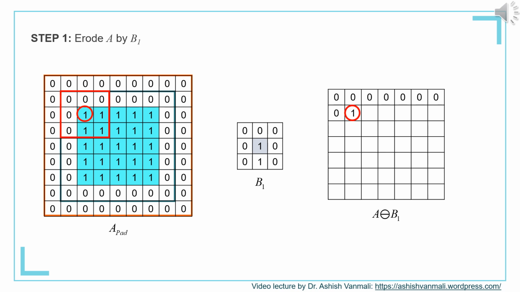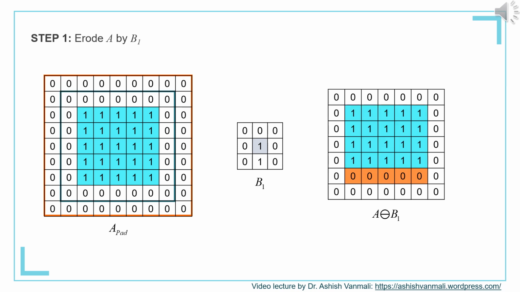Okay, so like this we can keep on moving the structuring element and we keep on finding the corresponding outputs. Once we complete this process for all the pixels, we will get the corresponding output of the erosion. So here you can see the final result in the third image. For quick reference, I have marked the original pixels of the object as blue color and the result of erosion, or the shrinkage, by the orange color.